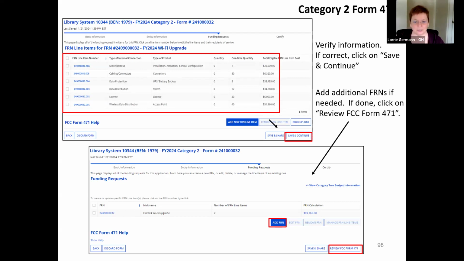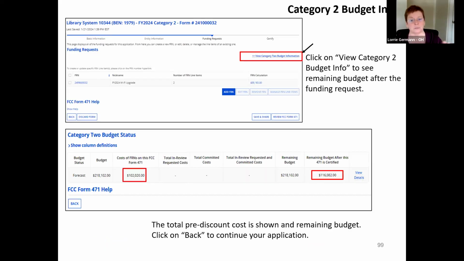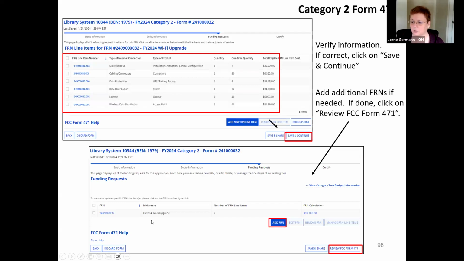So again, just keep adding those line items until everything is accounted for. Once we've done that, we click on save and continue, just like we saw before. Now, if that's the only funding request you want to put on this application, you click on review and get that application submitted. I do want to, and I'm sorry, once we get back to that screen, to add another FRN,